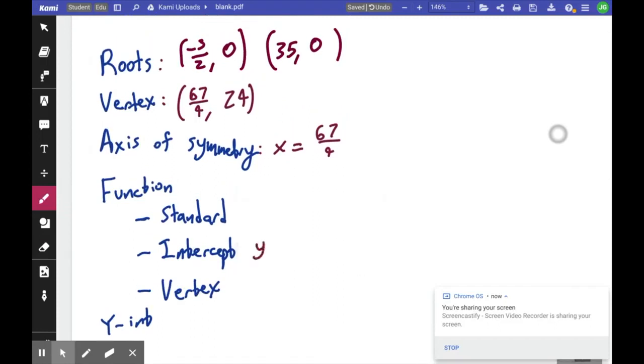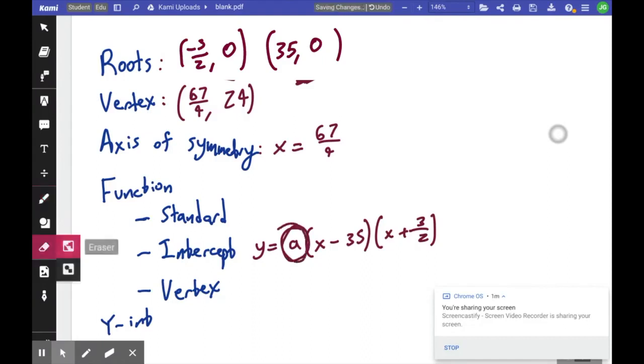So it's y equals a, and then x minus the opposite of the x value here, and the roots, minus 35, and then x plus 3.5. And now we have this missing a value, which tells us how steep the parabola is, as well as if it faces up or down. So to solve for that, we can just plug in a point. And we have the vertex, so I'm going to plug in